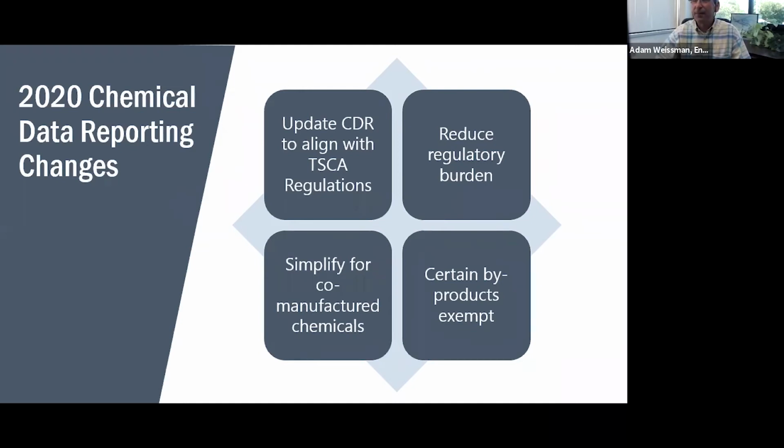Byproducts, that's probably a more significant one. Mostly in general, byproducts are exempt, and they've now added some exemptions for byproducts that are manufactured in non-integral equipment, such as pollution control or boilers. I'm going to talk more about byproducts. The co-manufacturing, that's the use of a contracting company versus a producing company. There have been some changes in that area for folks who are involved with that. That's something that they're going to want to pay attention to.